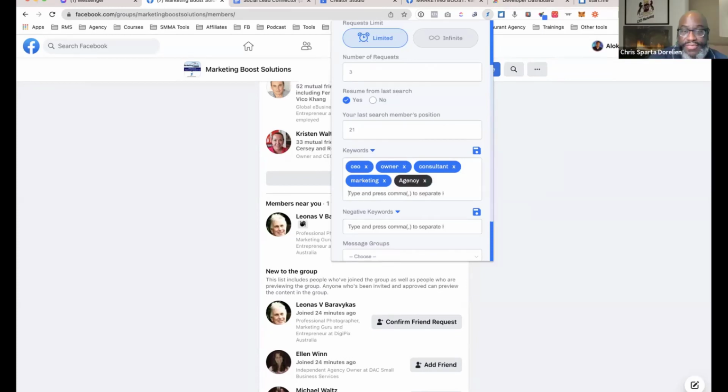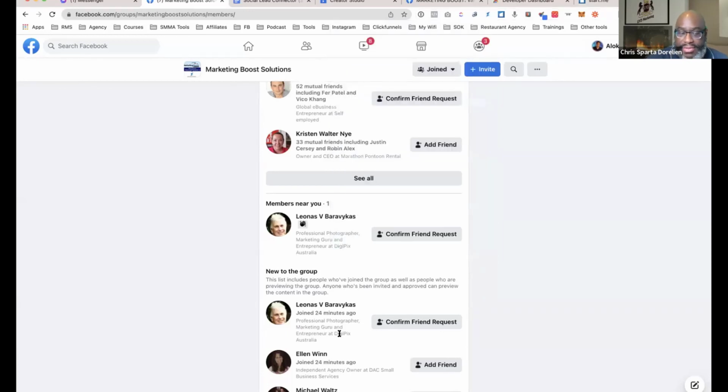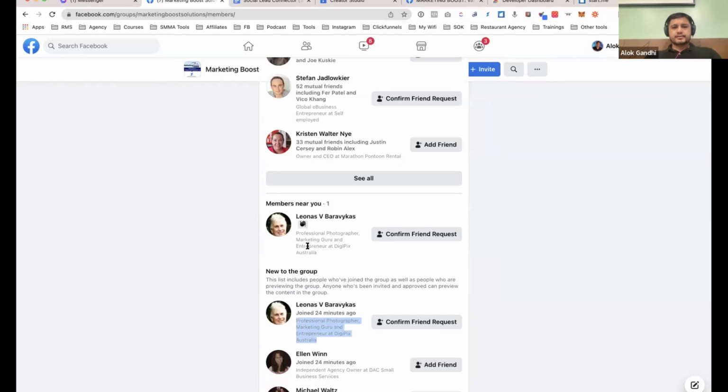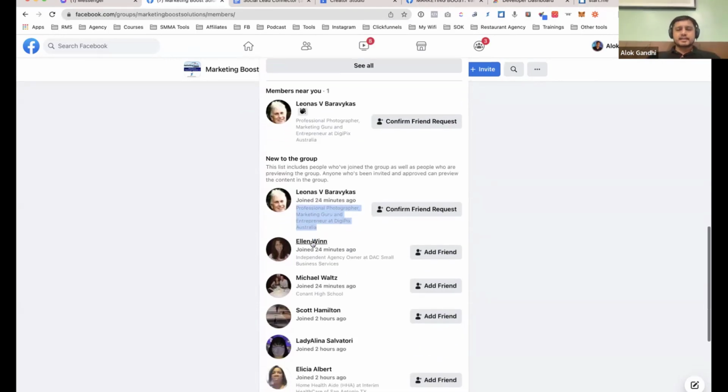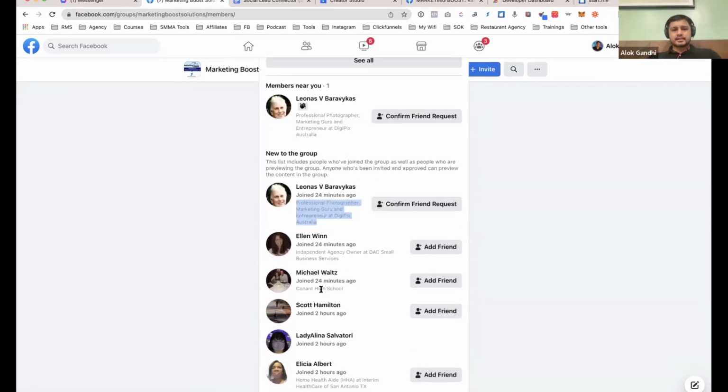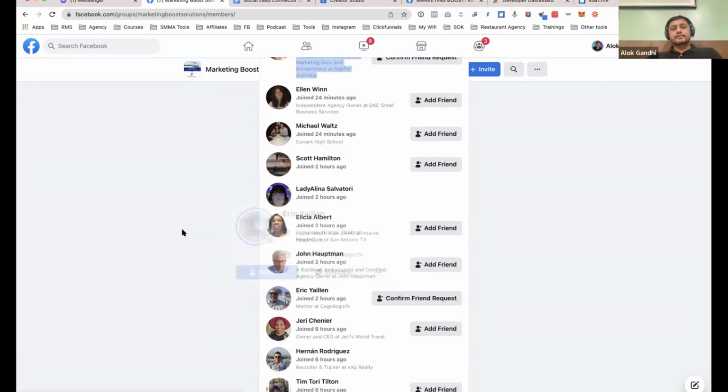Now, is that looking for those keywords in the profile, like the bio? Here, just the bio. Whatever you see here, it's only looking for that. It doesn't go deep into the profile and look for keywords, because that's not what it does. It's just at a glance. If you're doing one-on-one, yeah, you want to go into that profile and do your research and see if that person is particularly interesting or not. But if you want to do it at scale, that's just not possible, right?